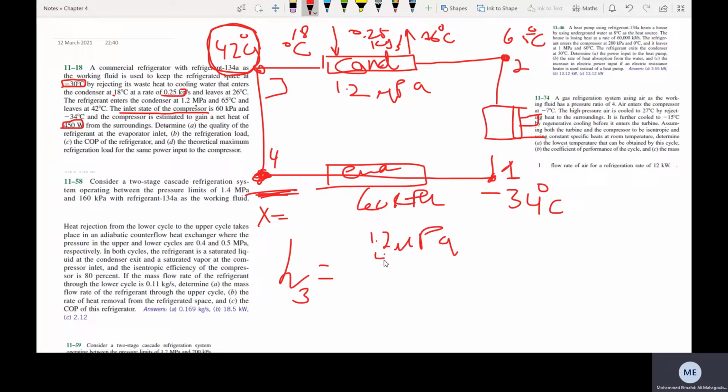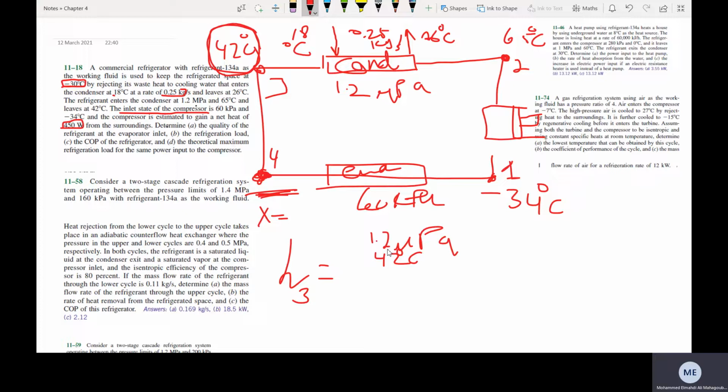And we have the temperature to be 42 degrees Celsius. So now go to the tables. I'm going now to table A12 because I have pressure. You can go also to table A11. And I can see that